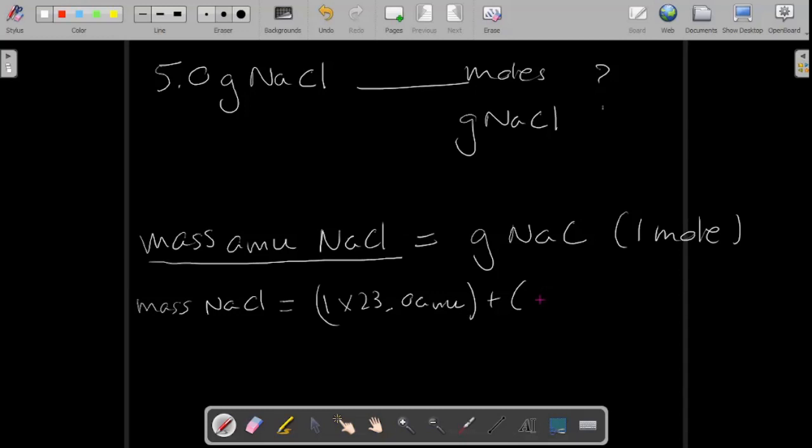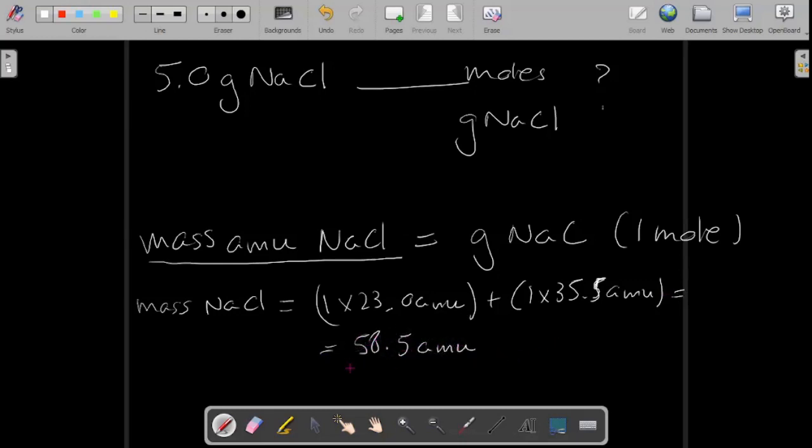The chlorine is in position 17, and according to the table is 35.5. So I have one of them. It is a 5. It's a very ugly 5, but it's a 5. So put in the calculator and you find that the molecular mass in AMUs is 58.5